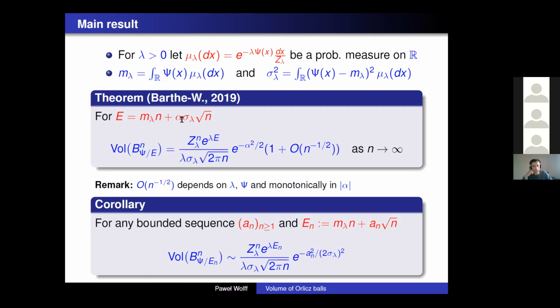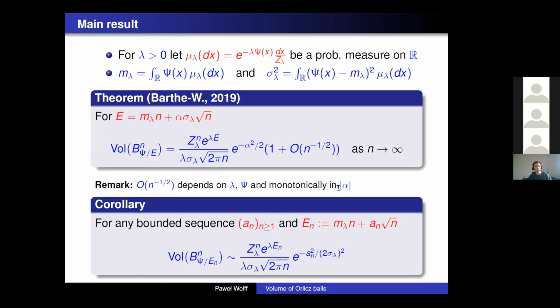And to understand the formula a little bit better, we need to comment on the error term. So the error is the relative error of this order 1 plus big O of 1 to the n to the minus 1/2. And here in this O, what is hidden are constants which depend on this parameter lambda, on the function psi itself, on the Young function psi, and